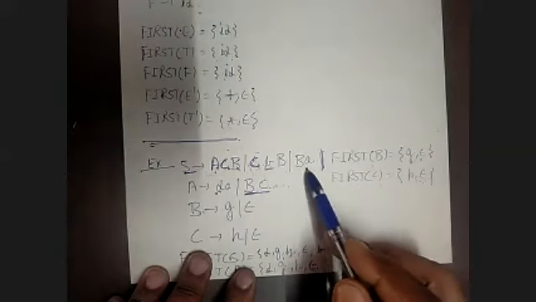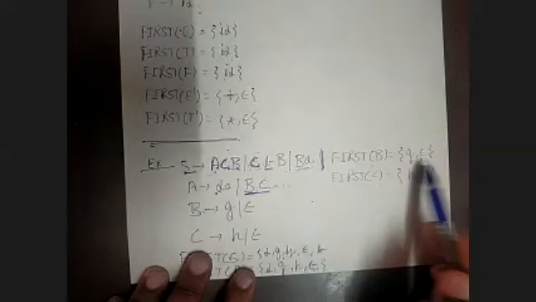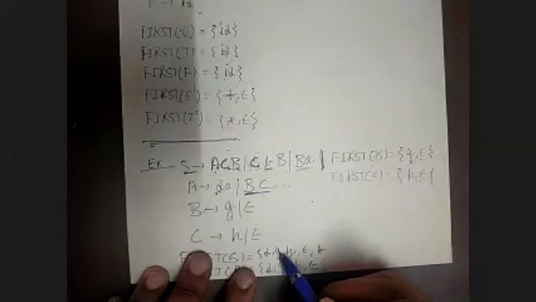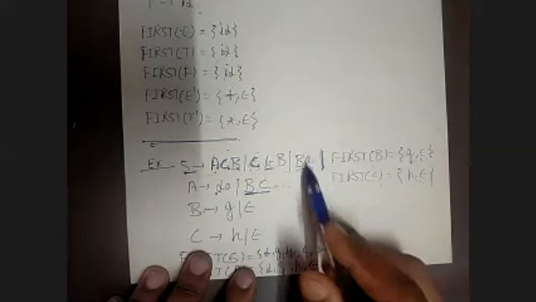Now, the next production is capital B and A. First of B is G and epsilon. G is already contained. In the B part we contain G and epsilon, so we check the next right symbol. The next symbol is a terminal symbol, so we write it down, E. So this is the first of S. I hope each and everyone is clear how to find the first for given grammars.